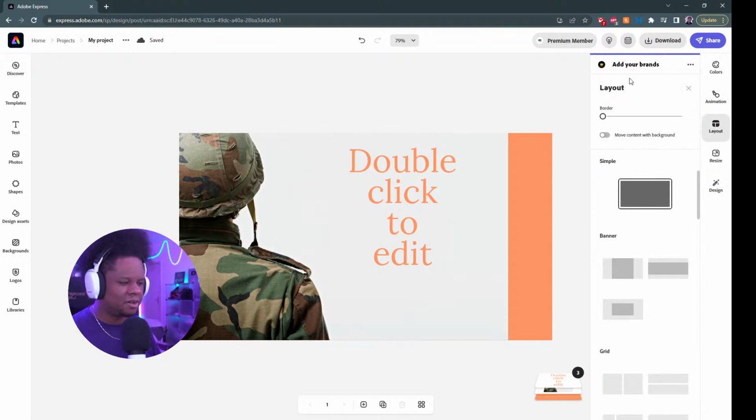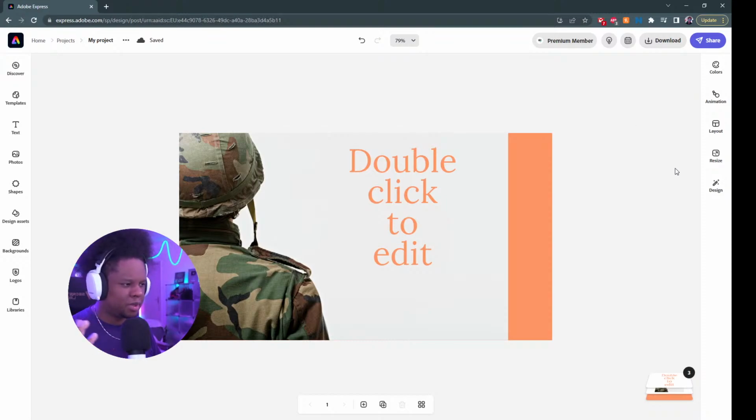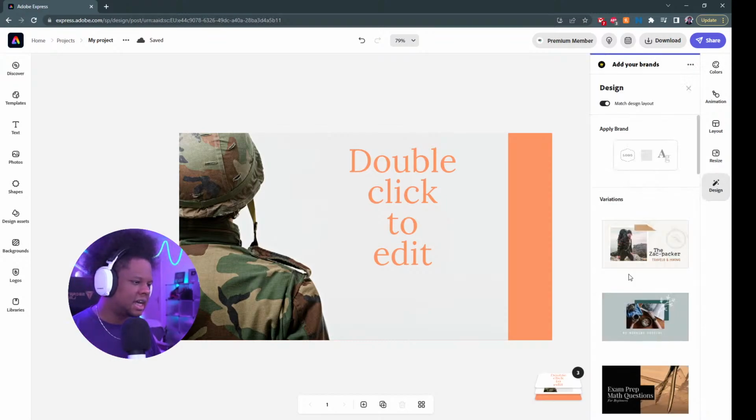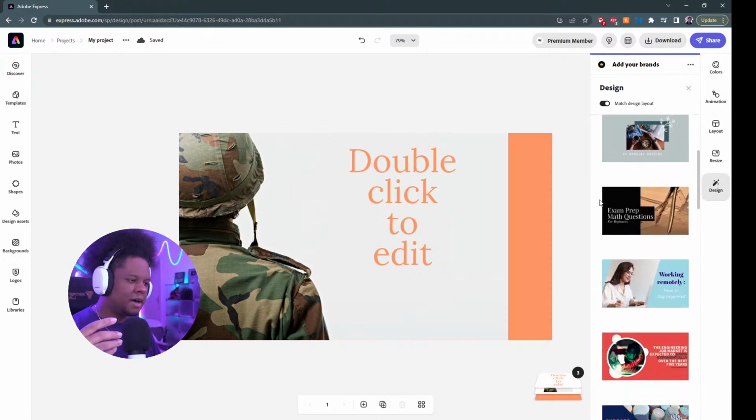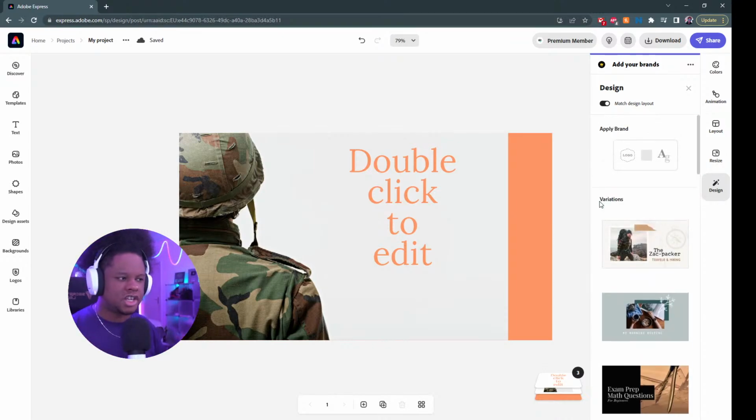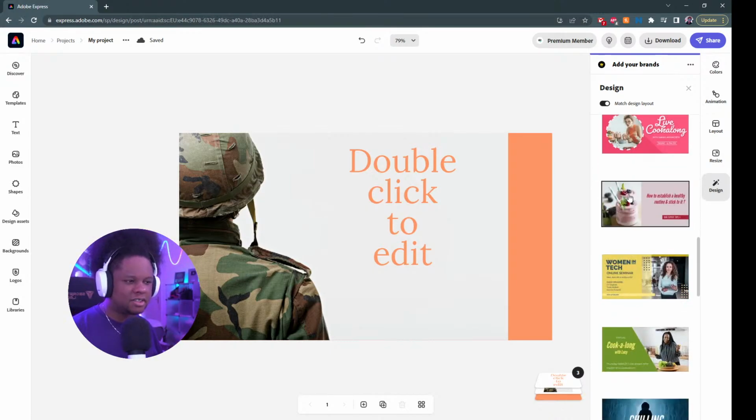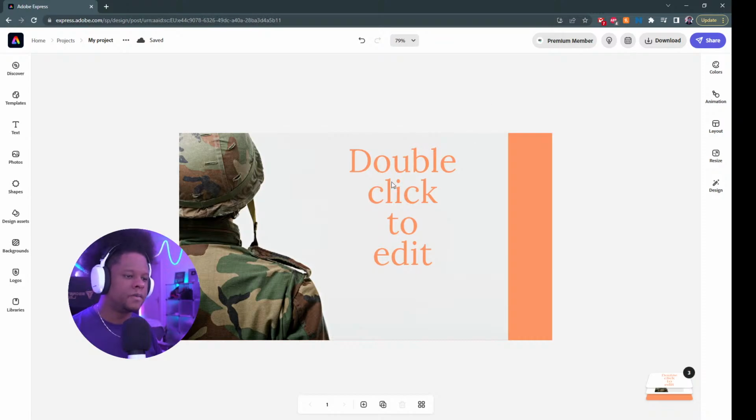If you want to change the layout a little bit, I don't really use this. I usually pick my layout manually. And then there's design, where you can create a project and it basically gives you variations. It shows you, hey, your project could look like this if the picture was there and the text was there. So if you finish a project and you don't really like it, it will suggest modifications that you could do, and you can see them in real time, which is kind of amazing. Anyways,